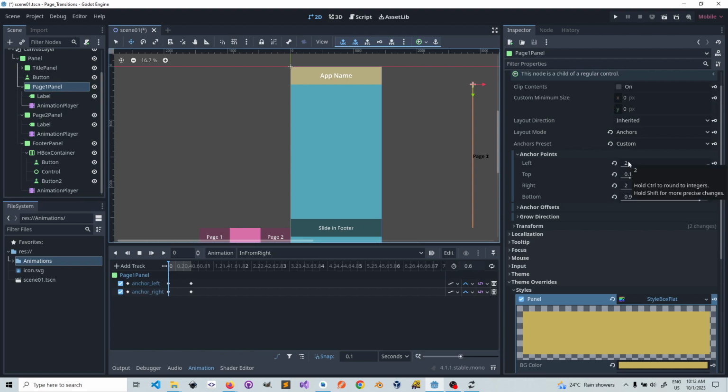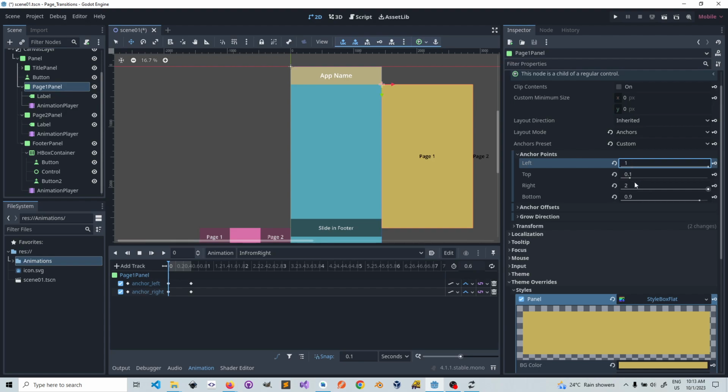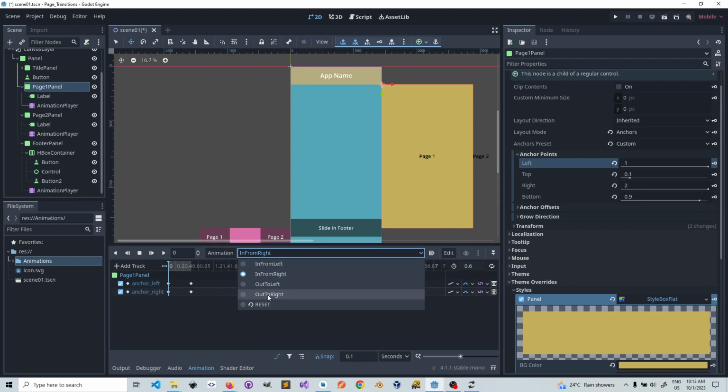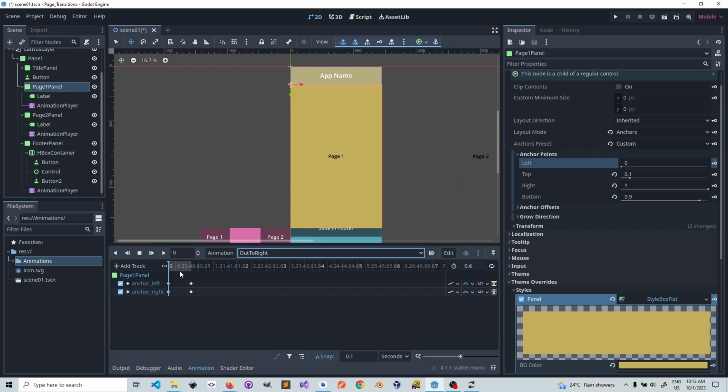Aha, that's it. Left is not supposed to start from 2. Left is supposed to start from 1, while page 2 starts from 2, while right starts from 2. So after setting this left as 1, I'm going to hit this keyframe. That should rectify it. And then I'll go to out to right,